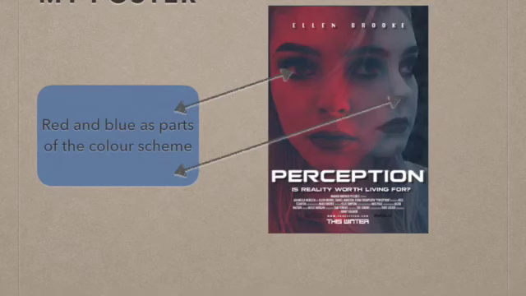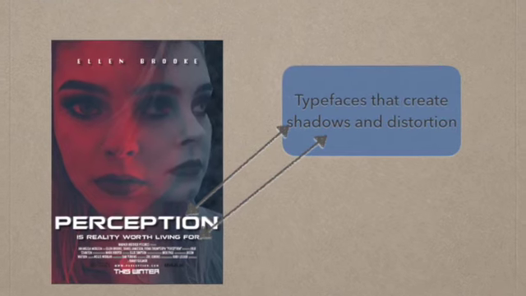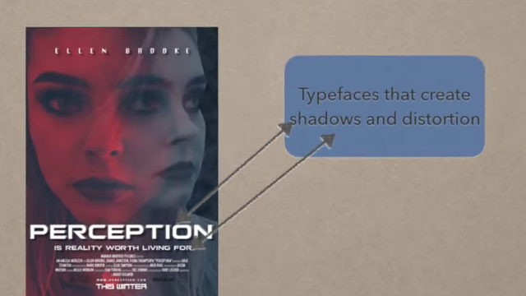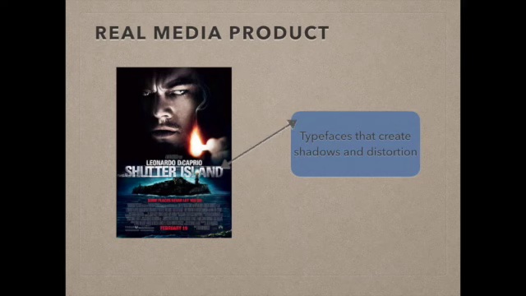My poster is also conventional to the thriller genre in the manner in which the typefaces use shadows and reflections. Shadows are often a convention of the thriller genre, given that they help to create an eerie and tense atmosphere, thus meaning that the audience feels tense and on edge. From looking at other real media products, you are also able to see that shadows are commonly used in order to promote the thriller genre.